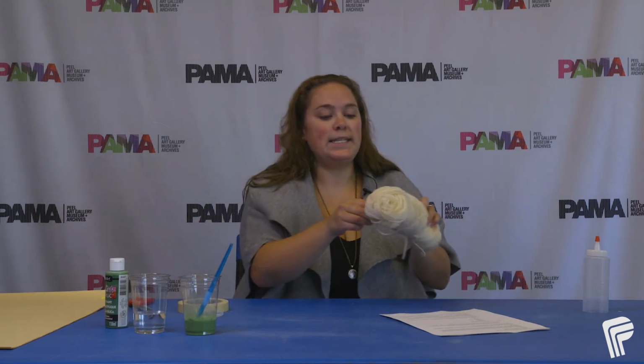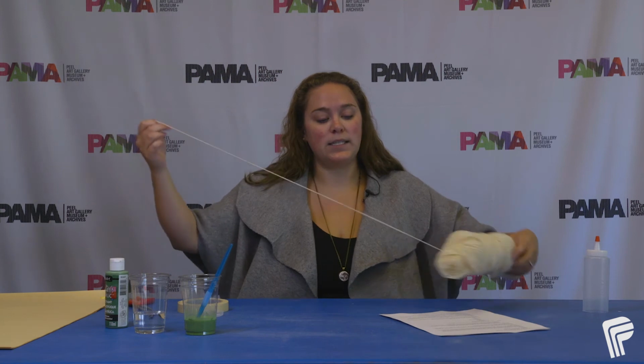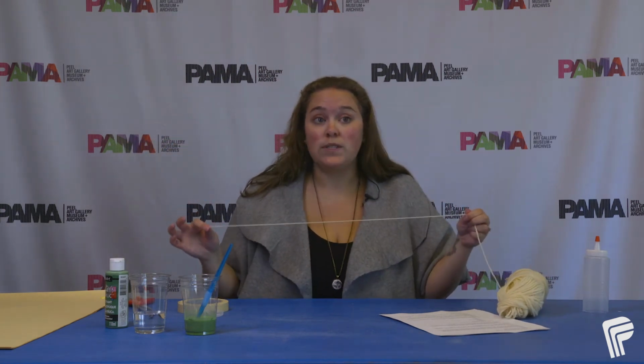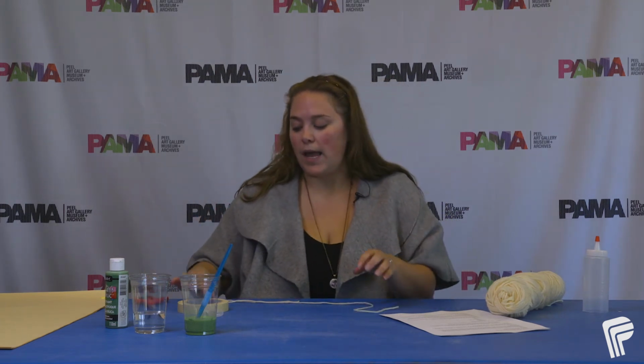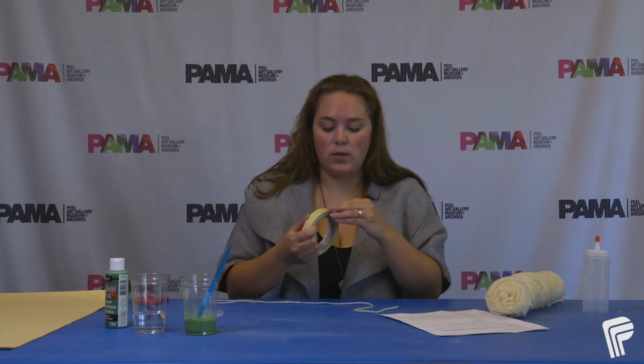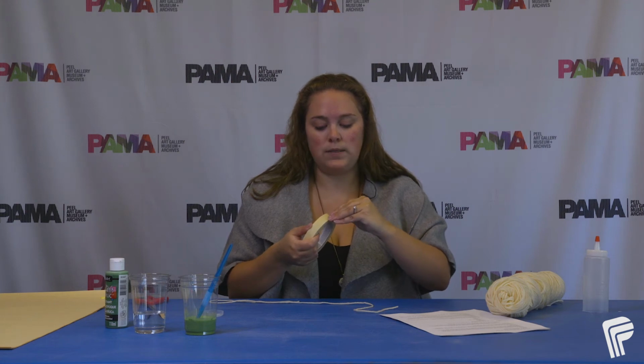Okay, and then you're going to take your string and you are going to cut a good size piece. When you have your pendulum base set up, you can use that as a good guide for how long you're going to need your string for where your pendulum is going to hang. So we're going to cut a nice piece of string, and then you're going to take your masking tape and you are going to tape a little piece